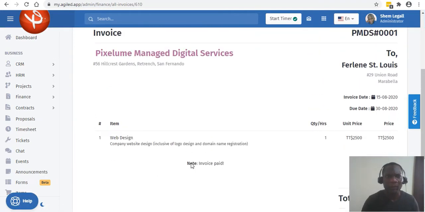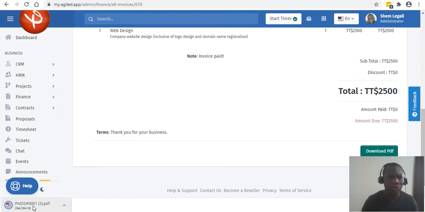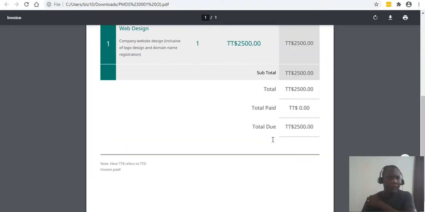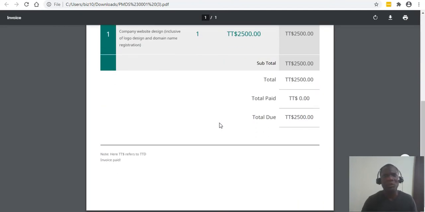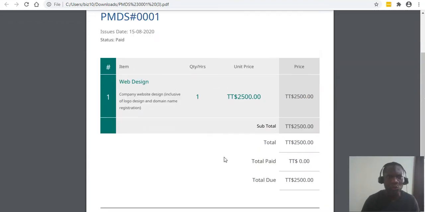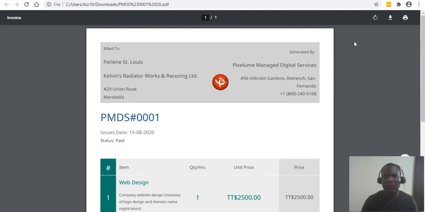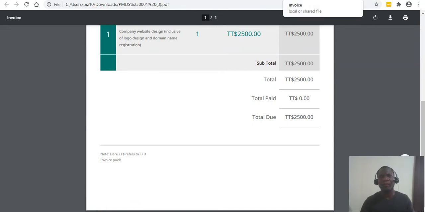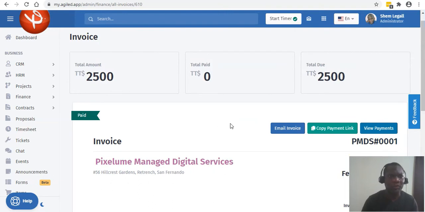the invoice looks like, and you have the option to download a PDF. I can download that for you now and show you how it would look as a PDF, right? And there are different formats or different design styles. I've just chosen this one. You can go in the settings, which I'll show you later on, to change how the design of this invoice would look. And I'm sure in time to come, Agile, the company, would give us some more options in terms of